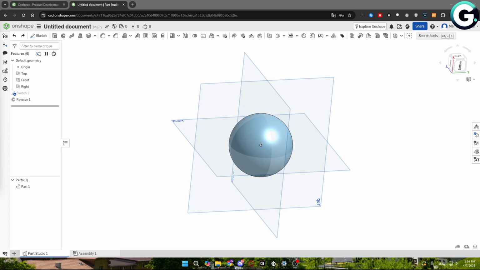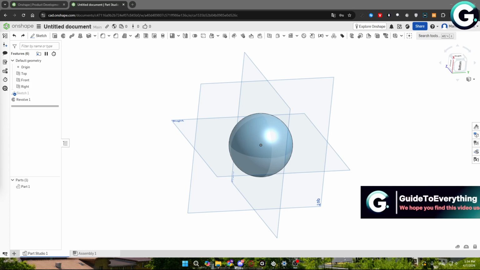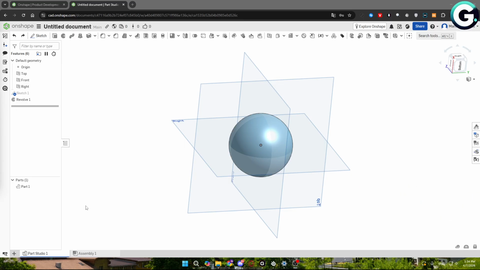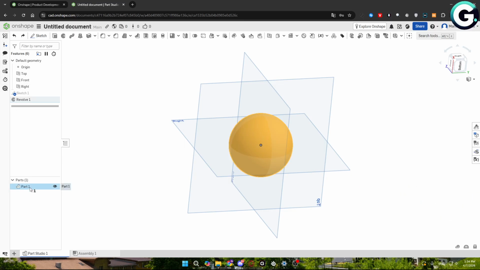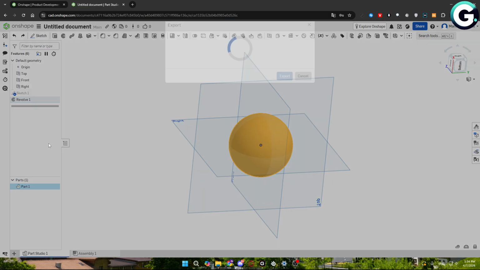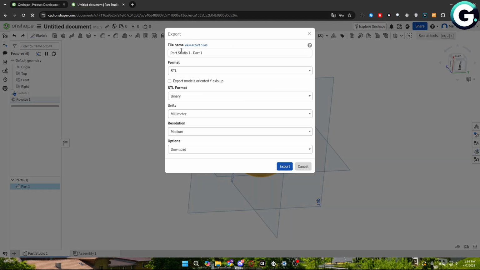And in this video I'm going to show you how to export STL file in Onshape. So basically what you'll need to do is have your part selected, then right click it and click export. After that you'll need to wait a little bit until it loads, and right here you can name your file